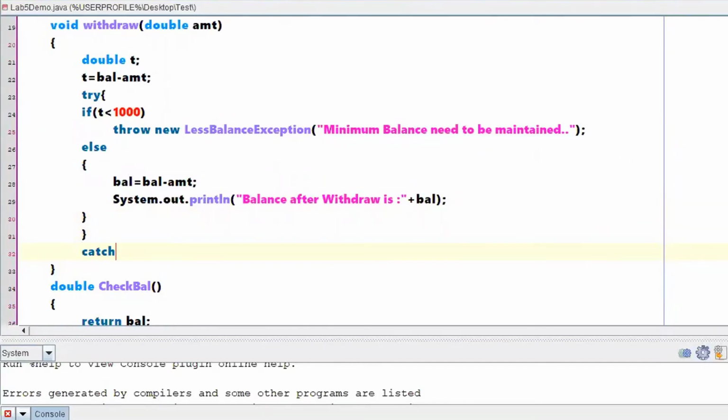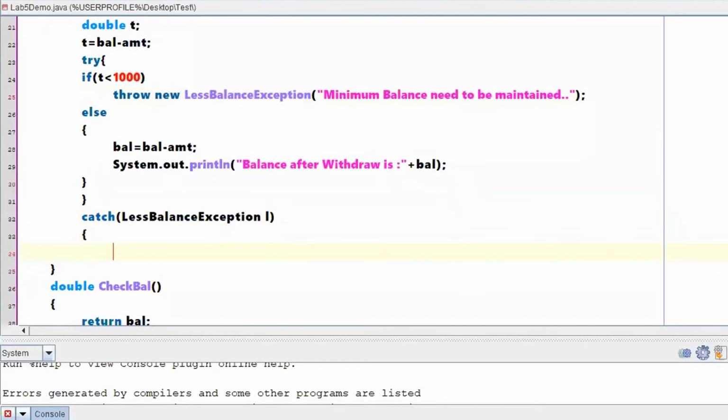So catch, you can catch the same exception, copy, paste, I'll write it as L, right? So with respect to catch block, I will just print whatever is the content of my L. Print ln of whatever is the value of L.